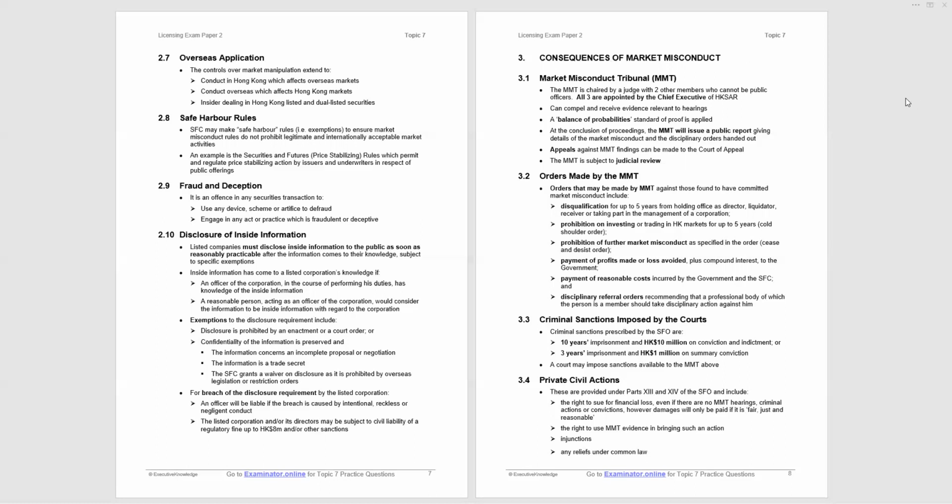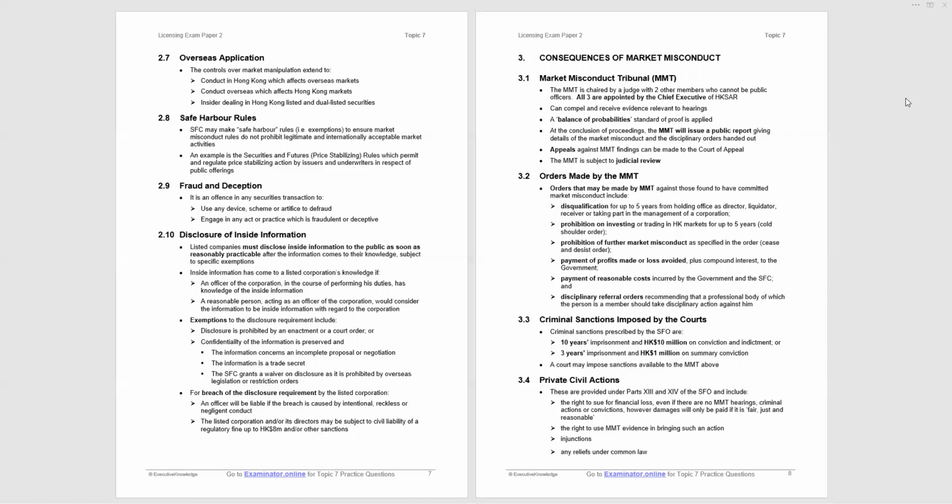Moving on to section 3, consequences of market misconduct. You can find yourself in front of the Market Misconduct Tribunal, which is dealt with in section 3.1. I talked about the Market Misconduct Tribunal earlier. There's a little bit more detail under section 3.1. 3.2 covers the orders that the tribunal can make, and just running through them, you can see